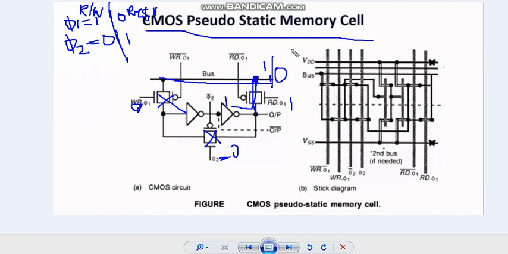What about the refresh operation? We have already seen it. Here phi 2 we make a 1, and both of these are in the off condition. Once it is on, whatever the data is there, we have already discussed clearly how the circuit works in the previous video on CMOS; there we discussed the CMOS inverter. You can go through that video. Hence the data will get refreshed across this path. For the refresh operation you can see the previous videos so that you will understand clearly.